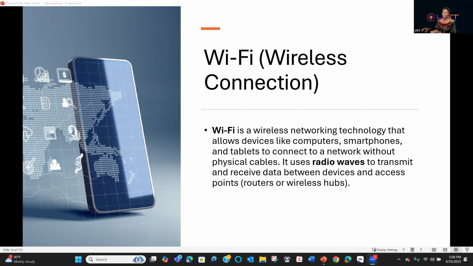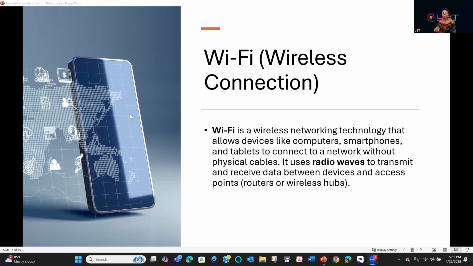Tell me about it. If you look at this diagram very well, you can even see a world map with different countries, and everything can communicate. But what is Wi-Fi, wireless connection? Do you even know Wi-Fi stands for wireless connection? All right. So Wi-Fi is a wireless networking